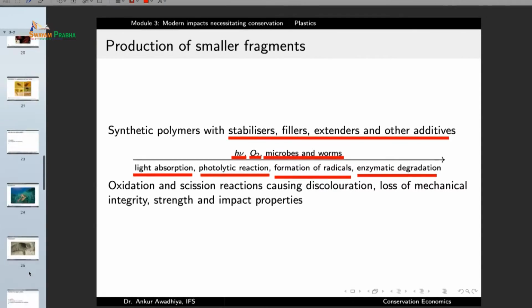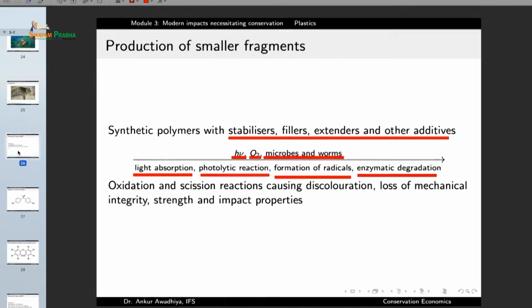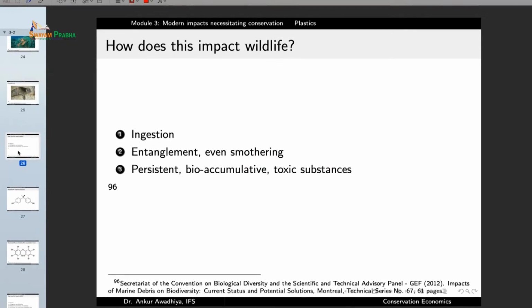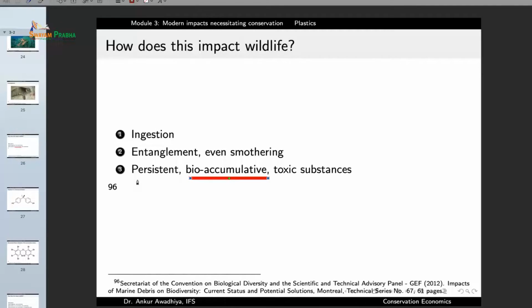So another way in which plastics impact biodiversity is through the persistent bioaccumulative and toxic substances. Now, bioaccumulative means that these substances will accumulate in the bodies of organisms, typically in the fat layer that is there in the bodies. Because they are organic chemicals, they can easily get dissolved in fat, and so they will accumulate in the fat bodies. They are also persistent, which means that they remain for a very long period of time,